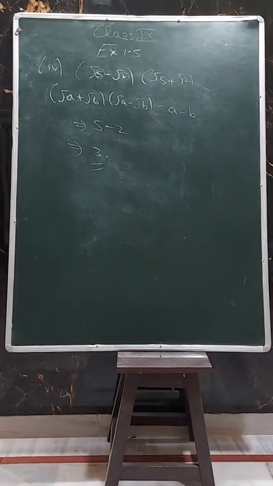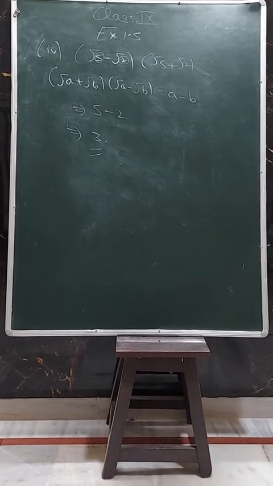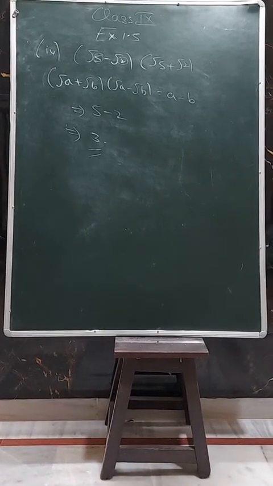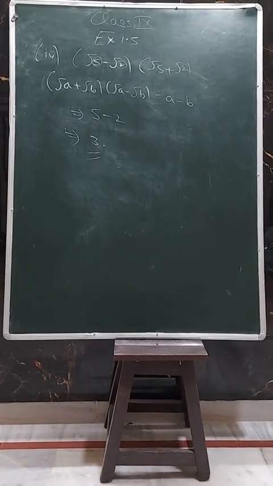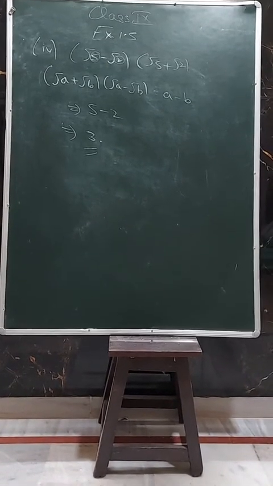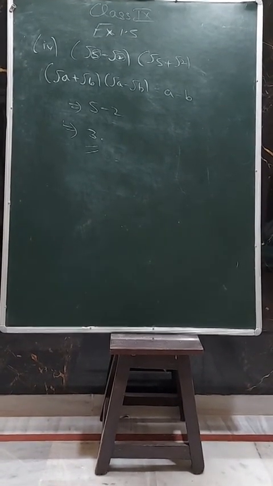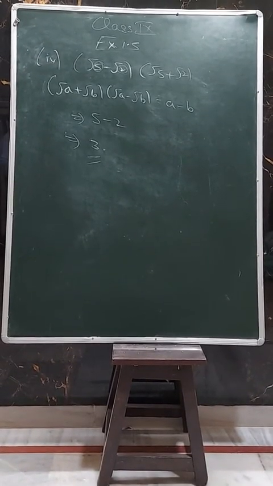But question number 4, no need to do, because here we need the compass and all those things, which we will discuss afterwards. So 2 questions are left, third and fifth. Third I will decide in the next class whether I will do or not. But fifth we have to do. Very important question is there, fifth one. So fifth one is marked for the next class, and after that only one exercise is left, that is 1.6, and after that your chapter is over.